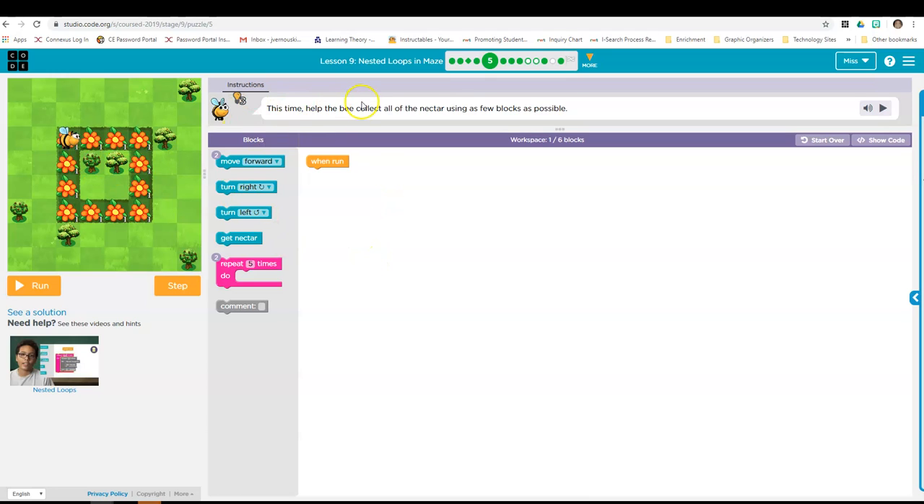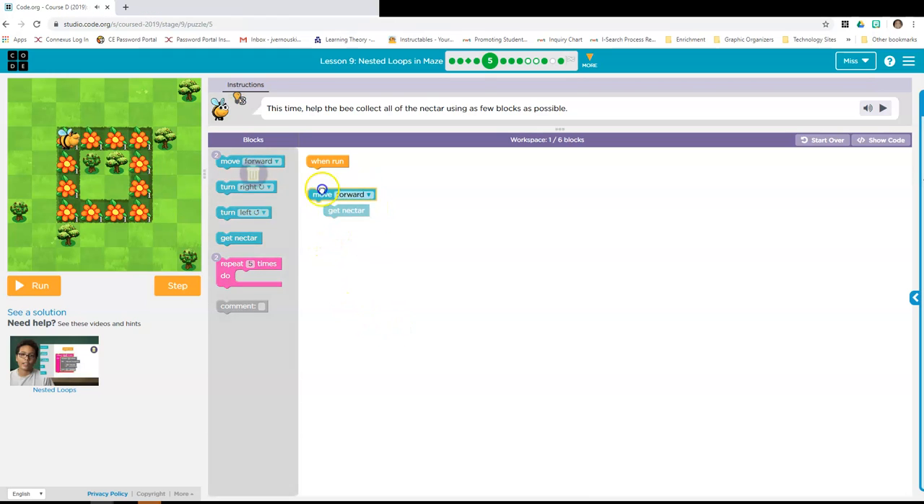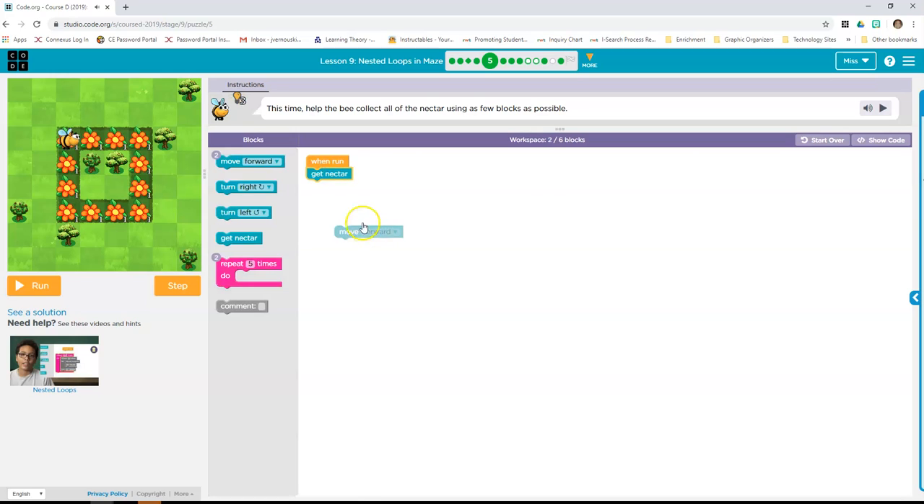So this time we have to help the bee collect all of the nectar using as few blocks as possible. Okay, so here's our little bee. We have to go around and collect nectar from each of these flowers. The way that I do this is first I figure out what blocks I'm going to need. So I need to get nectar, and then I'm going to need to move forward. Okay, so if I just try running those 2 blocks by themselves,